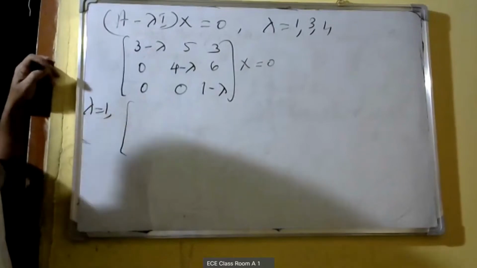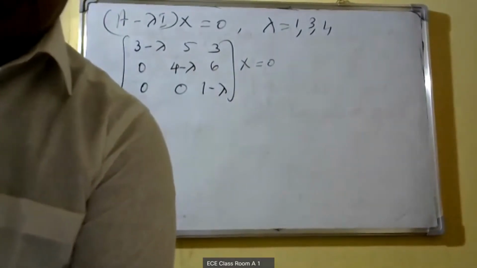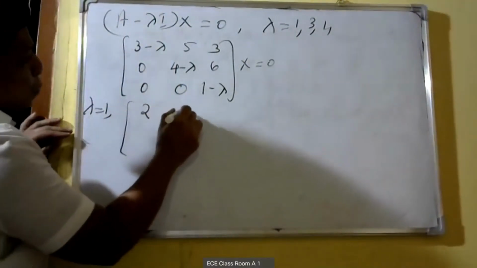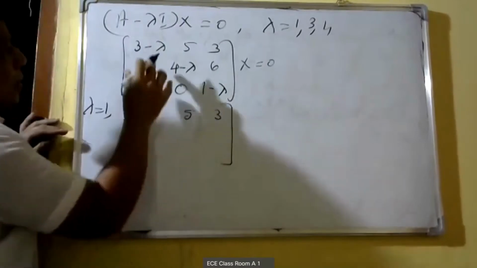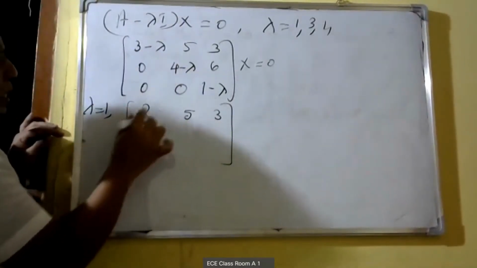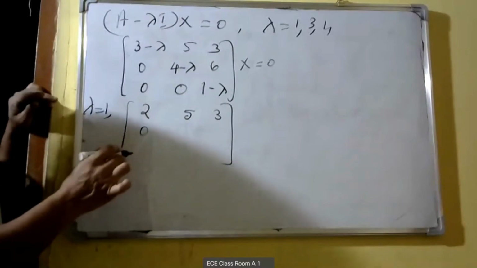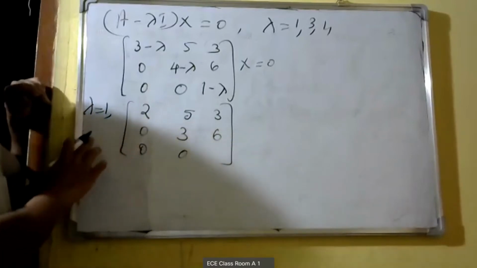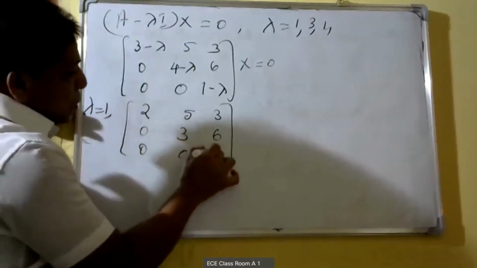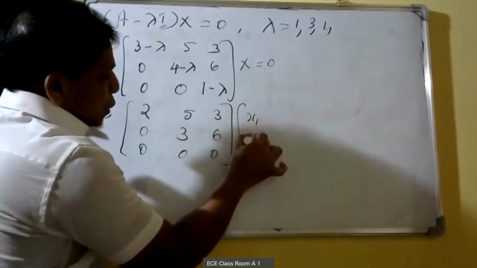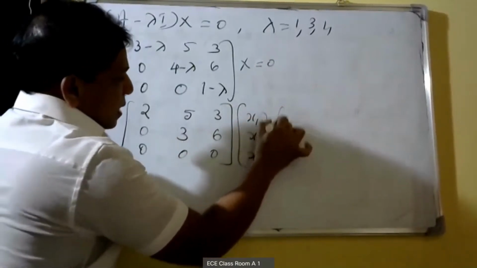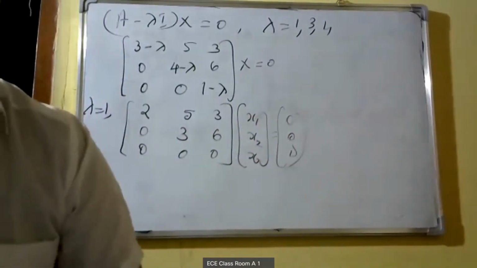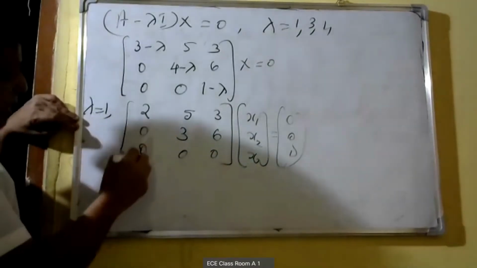Then when lambda is equal to 1, we get the rows 2, 5, 3 (since 3 minus 1 is 2); 0, 3, 6 (since 4 minus 1 is 3); 0, 0, 0 (since 1 minus 1 is 0), times x1, x2, x3, equal to 0, 0, 0. Then this is an echelon matrix. We can write the equations as